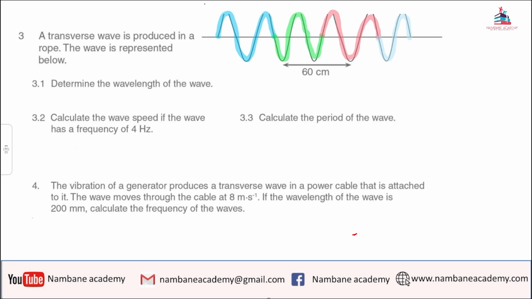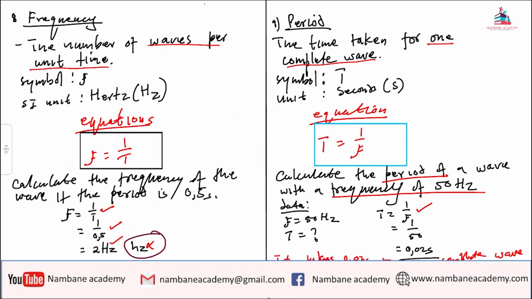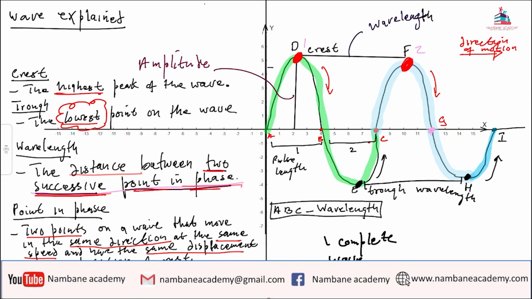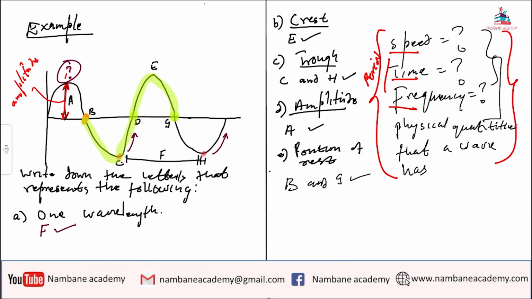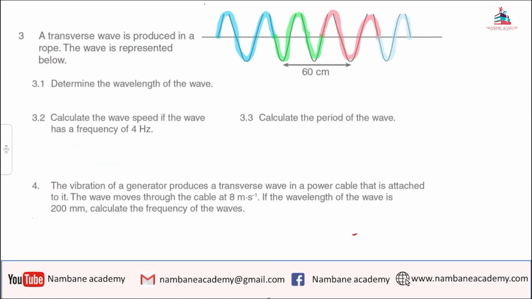Now let's check the definition of what is a wavelength. Wavelength, we defined it as the distance between two successive points. But when you look here, we are going to have point 1, let me call it A, B, C. So ABC is not a wavelength